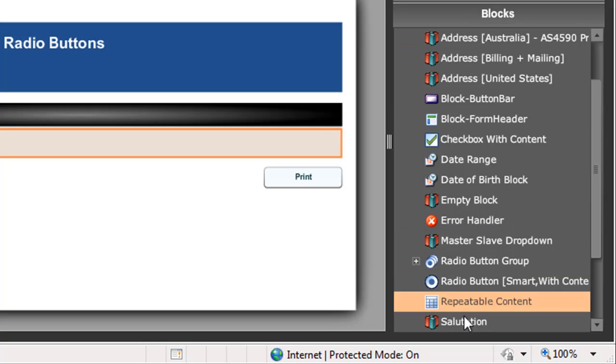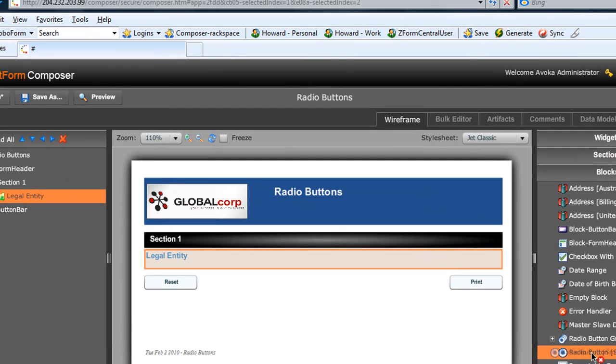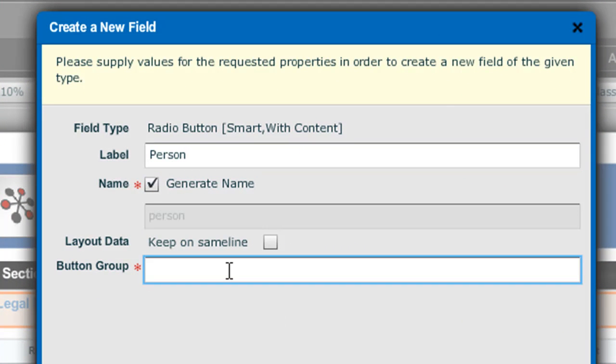This is in the block section, because remember that blocks are types of objects that can contain other objects. So I'm going to drag over a smart radio button, and I'm going to call this one person. The next thing I need to do is, because these two radio buttons aren't located right next to each other, which is normally how Reader knows to unselect one when you select the one near it, we need to identify these as being